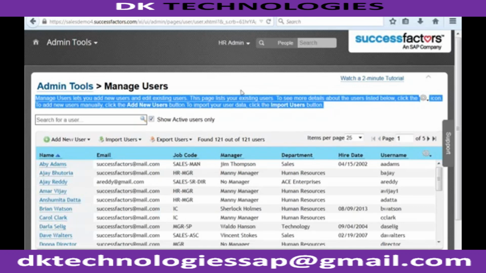With respect to your SuccessFactors system, as you might be aware, you have 2 different systems. One is your SuccessFactors instance and another is your SuccessFactors provisioning system. When you are going to implement SuccessFactors for the very first time in your organization, you basically will get,